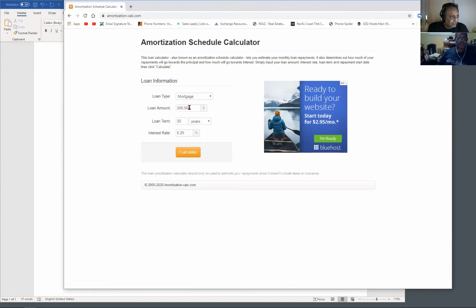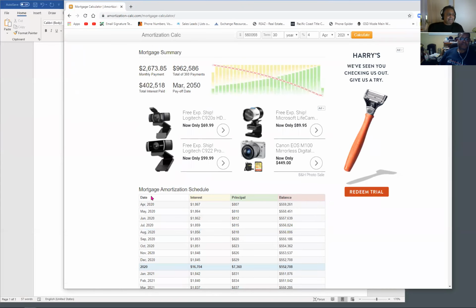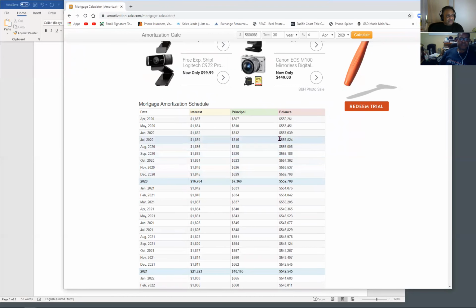mortgage. And how much was it? 560,068. 30 years, interest rate, say 4.25? No, that's too much. How can that be too much? It's 3.75. It's gone down. Maybe I will do it at 4. How's that deal? Okay, I'll calculate it. So his principal and interest,